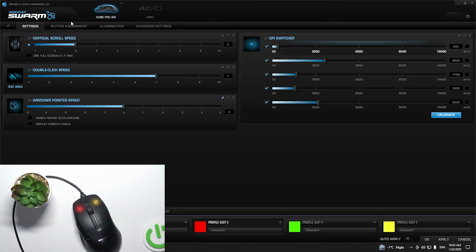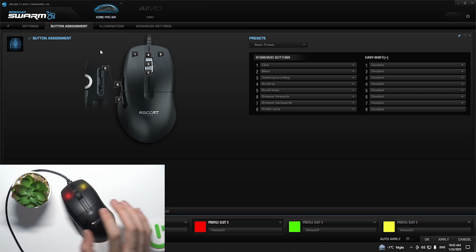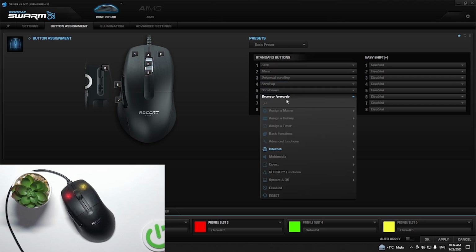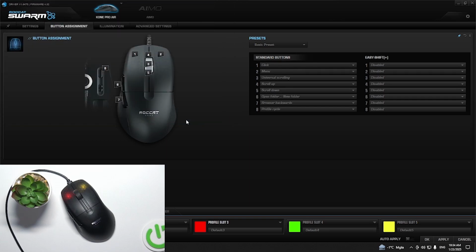At first we have to click on button assignment over here at the top in our ROCCAT Kone Pro Air mouse, and here as you can see we have button assignment. We can click on, for example, rotor forward, and we can change it to, for example, open. Here as you can see we can open folder, for example, and I can search for any folder. So for example I can choose desktop, new folder and set folder. And now if we click apply